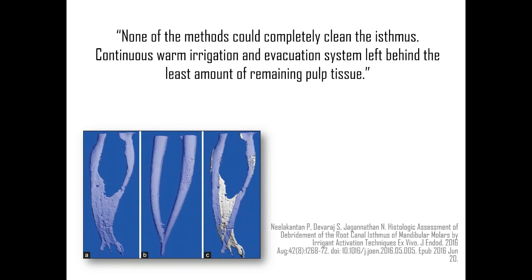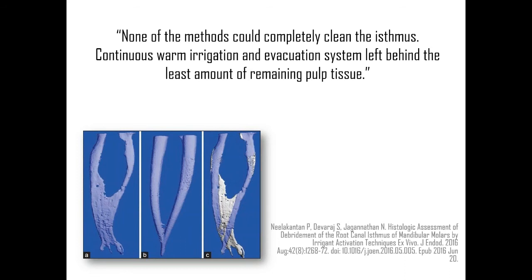68 mandibular molars with a normal pulp that were extracted for periodontal reasons, and then they were assessed for the presence of an isthmus using cone beam technology. The root canals in the molars were instrumented to a ProTaper F2 using a 3% sodium hypochlorite irrigant with apical negative pressure and a continuous warm activated irrigation and evacuation system, which is kind of new, to have this continuous flowing irrigation while you are doing the ProTaper, the rotary